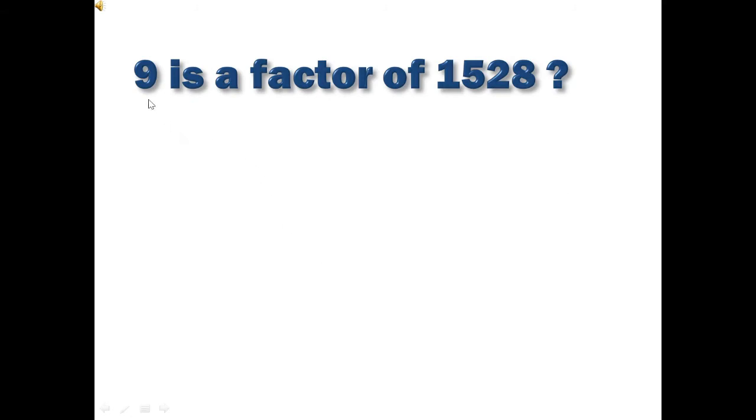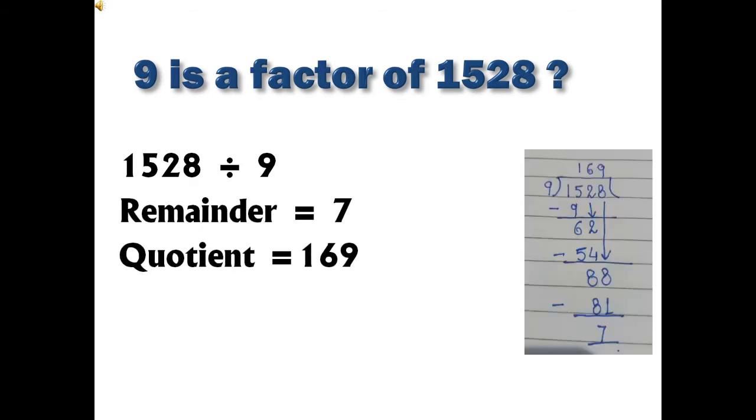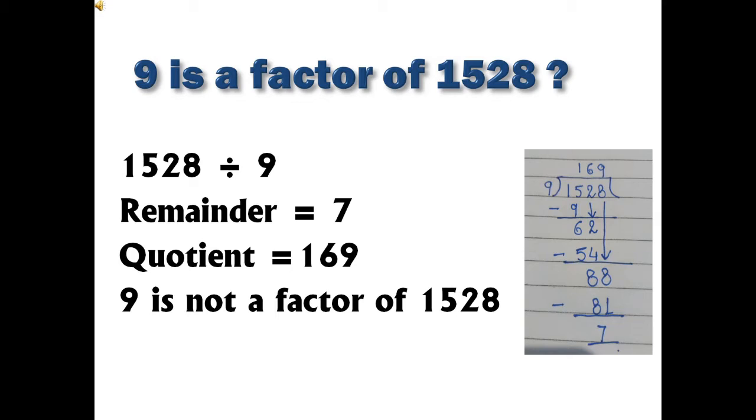You can understand this as, suppose you want to find out whether 9 is a factor of 1528. For that, you will divide 1528 by 9 using long division. And finally you find out that since remainder is not 0, 9 is not a factor of 1528. This process takes time. So instead, you can simply check 1528 for the divisibility rule of 9, and if it complies with the rule, then 9 is a factor, otherwise not. It is that simple, and it also saves our time.